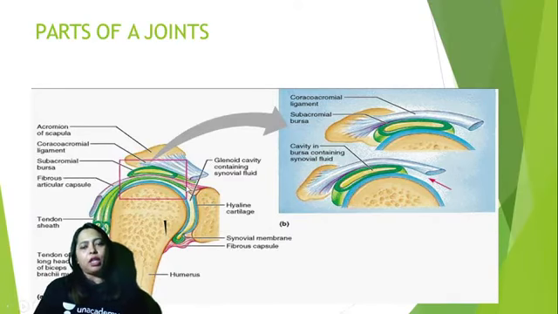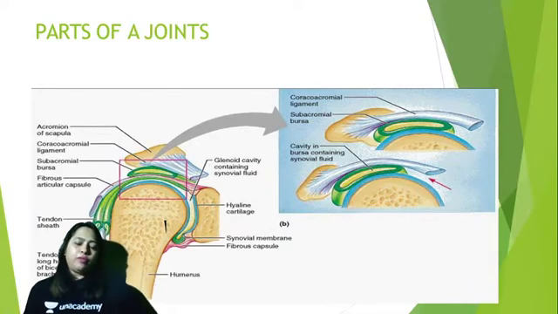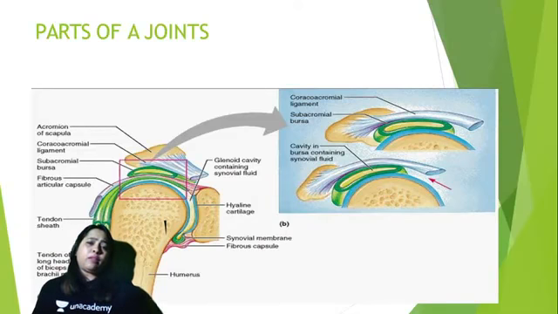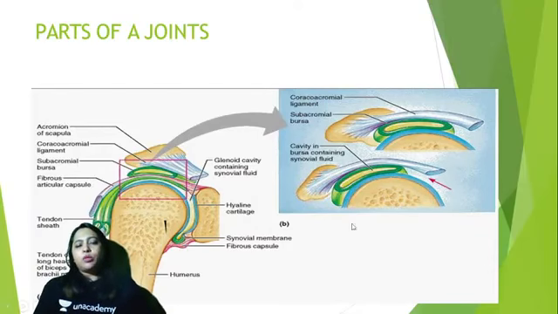It is just like wearing a very loose t-shirt or a dress. Inside that you can feel free to move your joints. But if you wear very tight clothing, then it becomes very difficult to move. So similarly here also, how tightly the fibrous capsule is held decides whether the joint is freely movable or there is a restricted movement. I'm talking only about the synovial joints because the fibrous capsule is a feature only of the synovial joint, not of the cartilaginous or the fibrous joints.